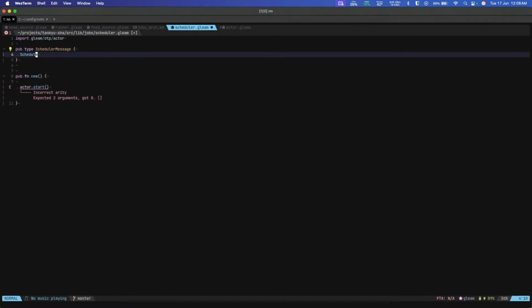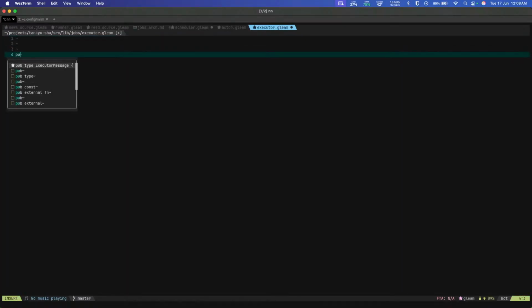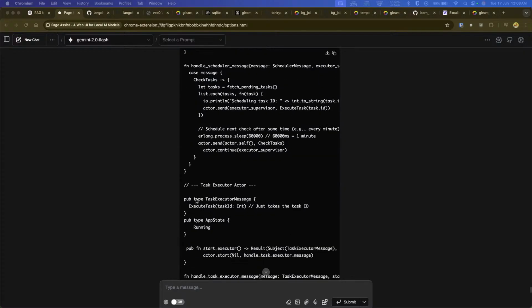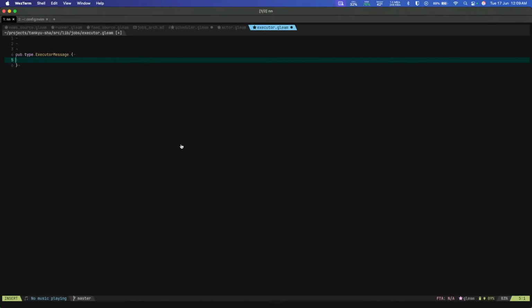What I can do is just quickly write, and what will the executor message take? Going by that it should be only the task ID. Yep. Wait, it's not necessarily the task ID. It can be anything though. It is going to be the task run ID, and it's going to be the source run ID, right? So which means we can schedule all the source runs first. No, wait, create the task run, then create all the source runs. Yep, yes, correct. Yes, so that would be,